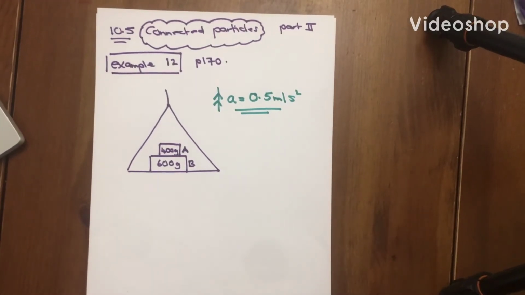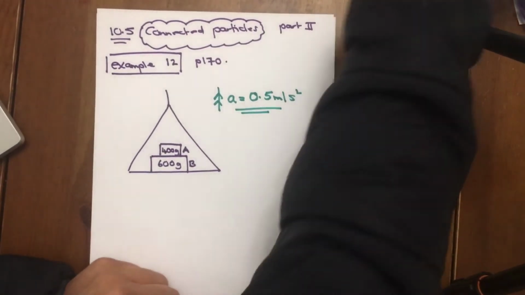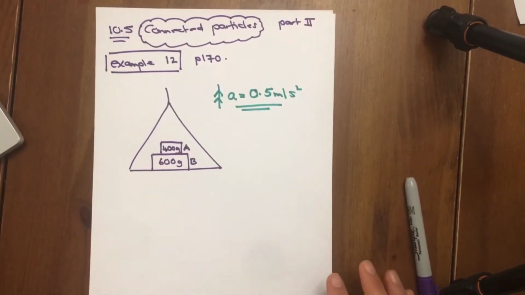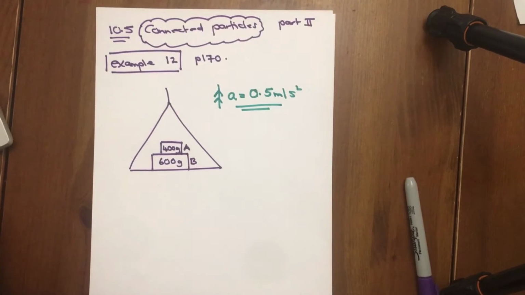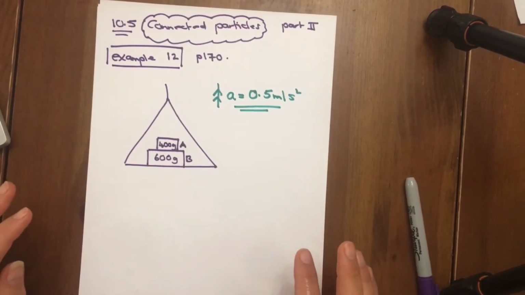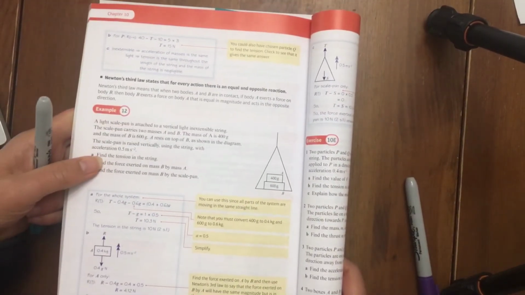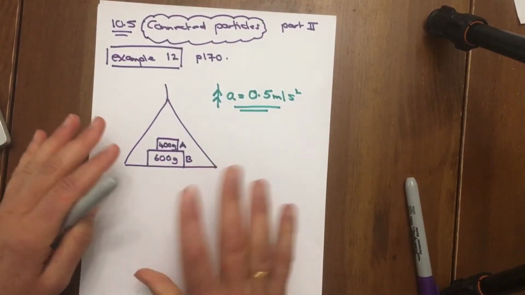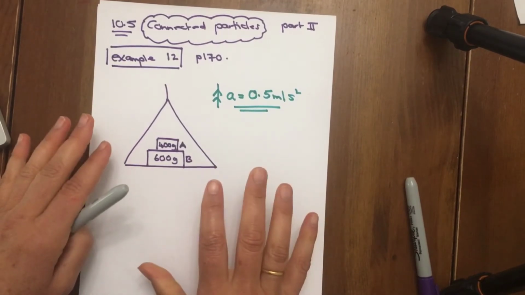Okay, so this is part 2 of connected particles, and we're going to look at example 12. This is in my PowerPoint and it is in the book. It is a really good example to go through. It is tricky. This is basically the only thing I'm going to do in this video, go through this